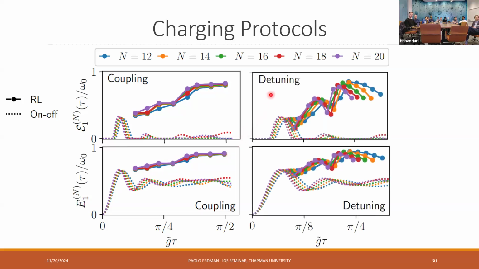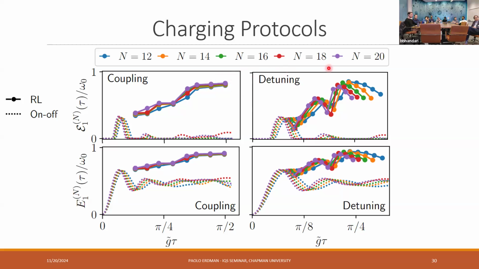Then we did the same in the detuning case, and we find something similar, in the sense that we could get larger values of the ergotropy, but now we see that all these curves are kind of shifted, or offset. And this was actually, in the original paper, the signature of this collective advantage. This collective advantage is the fact that these peaks, even in the on-off case, are going to the left as you increase the number n.